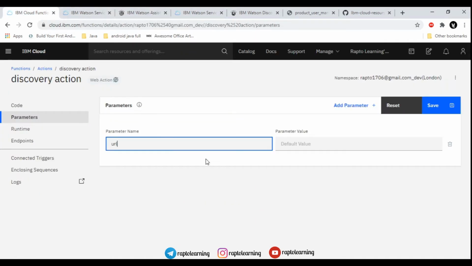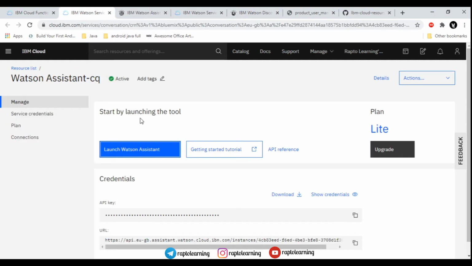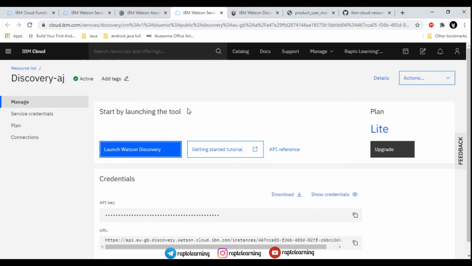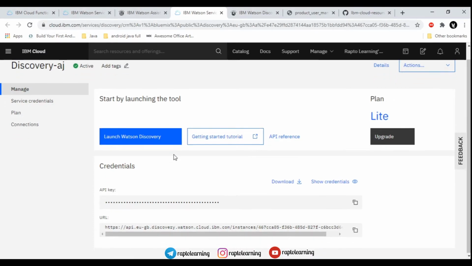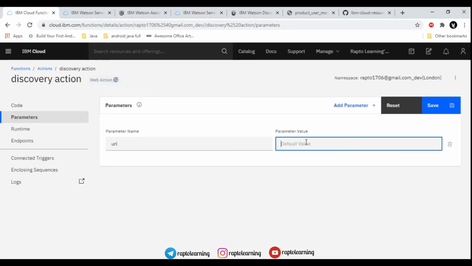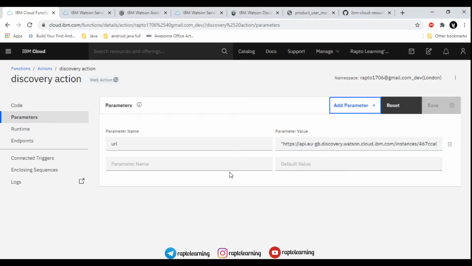So this is basically the URL that you are going to insert in the webhooks, right? So we have created this. We have to paste some value for this. So go to discovery, as we have to connect the discovery to it. Just copy this URL from the discovery tab. Make sure you make no mistakes in this. Just copy this and paste it in the parameter value. Save all this, and then we have to add a number of parameters to it, right? That is the API key for discovery and many more.